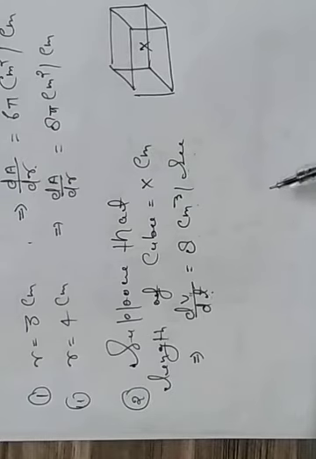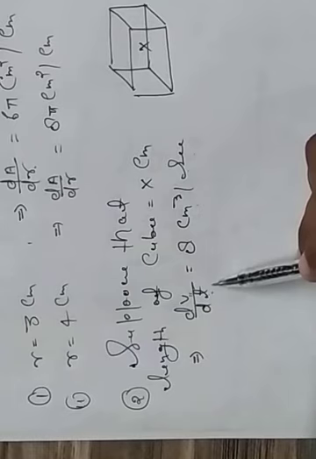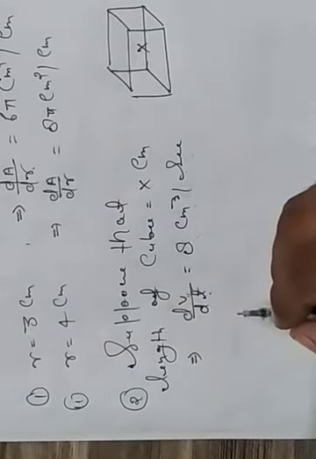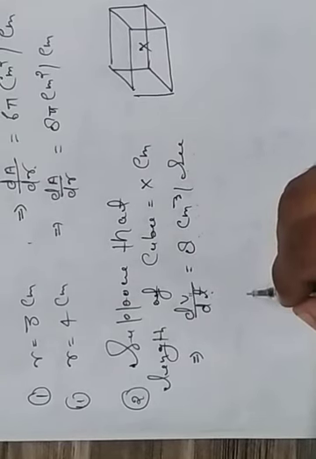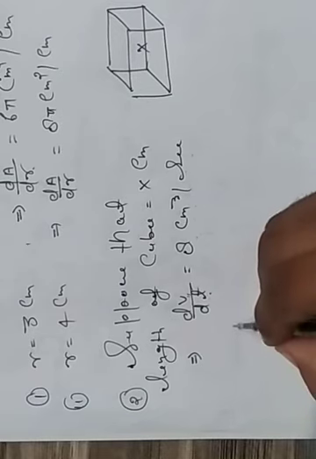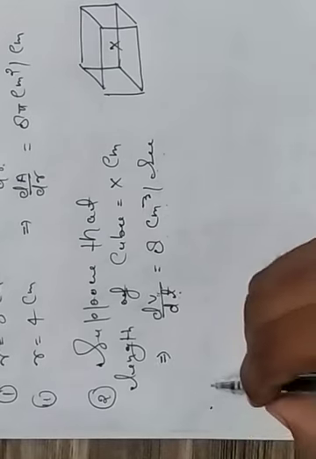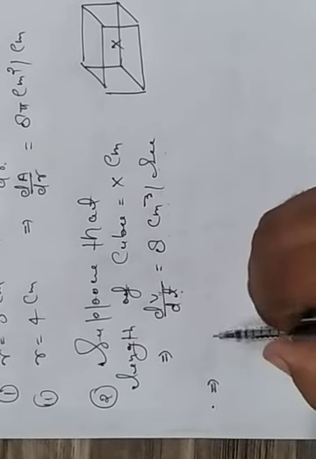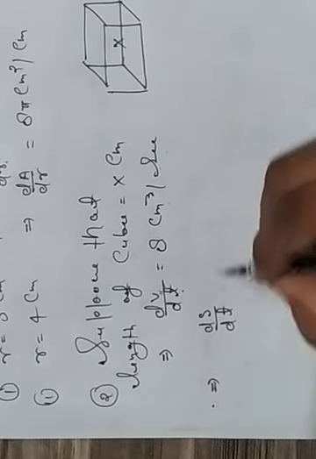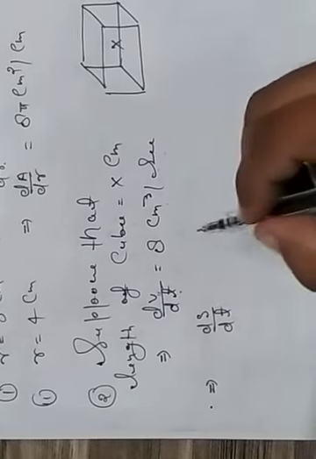centimeter. See students, the question is saying when rate of change of volume is 8 centimeter cube per second, then find the rate of change of surface area when edge is 12 centimeter. So we know, the question is asking about dS upon dt, where S is the surface area